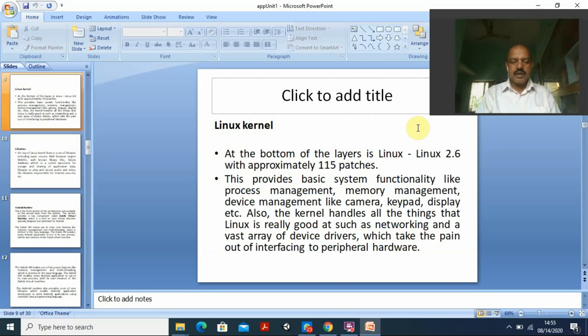I'm not updated; I prepared this long back. This provides the basic system functionality like the different managements I told you about: process management, memory management, and device management. As you know, you already know what a process is. I have already given the clarity between a program and a process. Can we say the entire program is a process, or the process is a program? Please refer to my previous videos for these things. Here I cannot explain everything, but remember, the bit of software that can be held in memory for execution at that moment, we call a process.